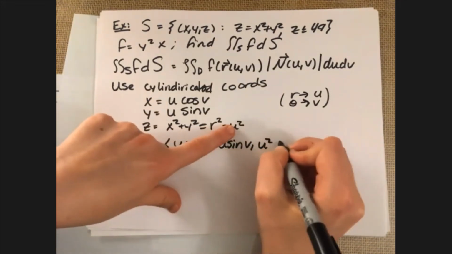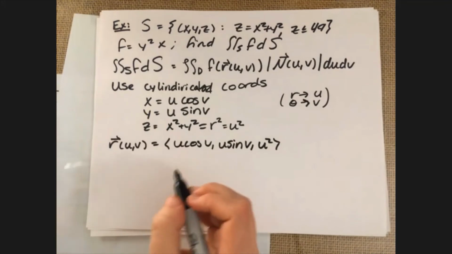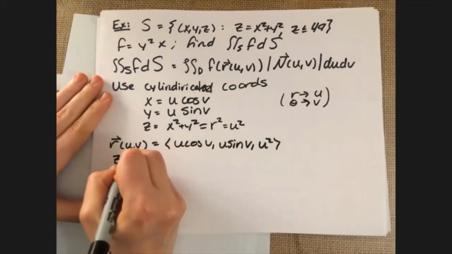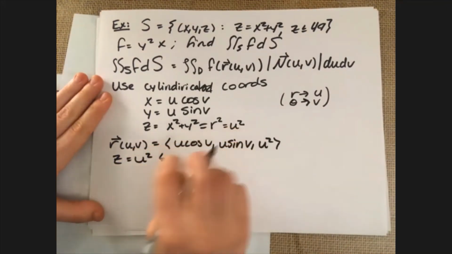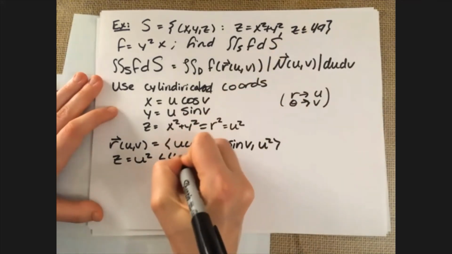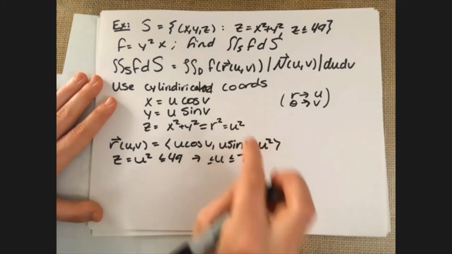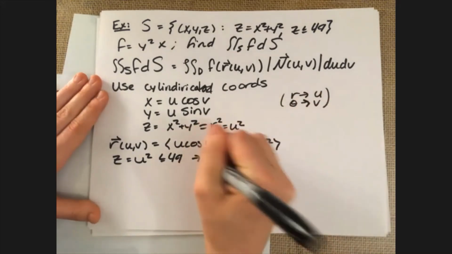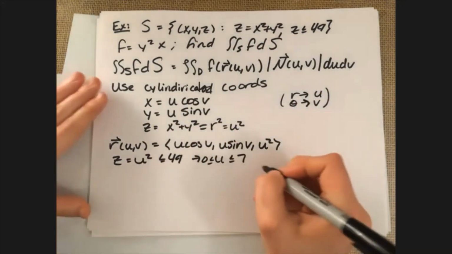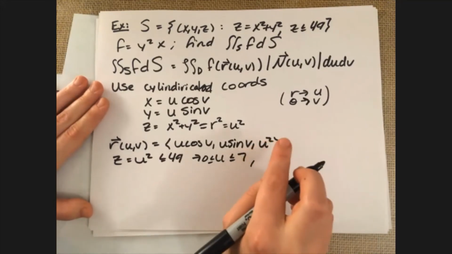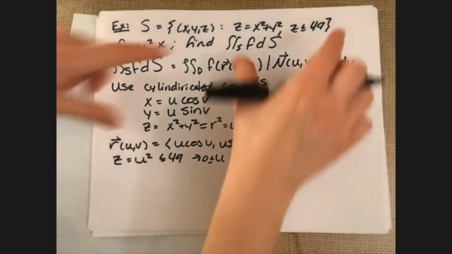And then u squared. And then, what are my bounds? We're told that z is equal to u squared, which is less than or equal to 49. So that means that u has to be less than or equal to 7. But because u is acting as our radius, we also need it to be greater than or equal to 0. And then because v is acting as theta, and because we want the full surface, we're not given any restriction